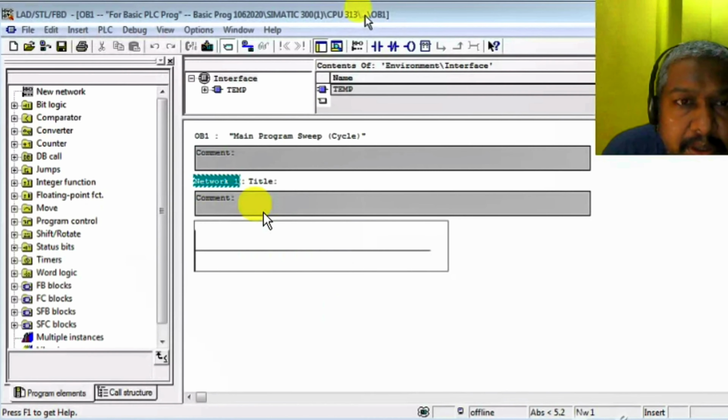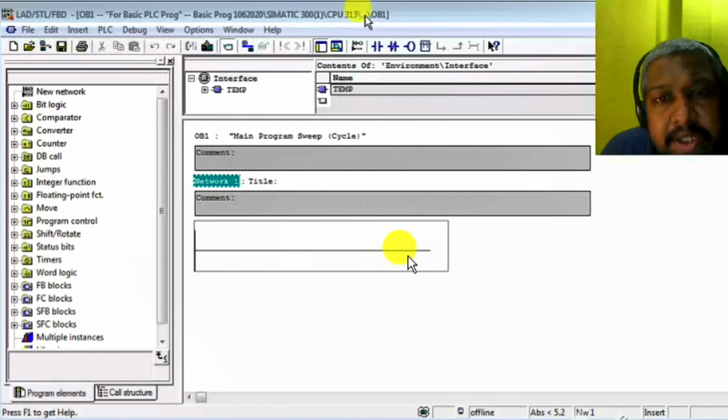When the network, that is the ladder, is selected, then and only then these NO, NC and coil are inserted. Otherwise they are not inserted. And every time the NO/NC contact is on the left side of the ladder, and the coil is always on the right side.